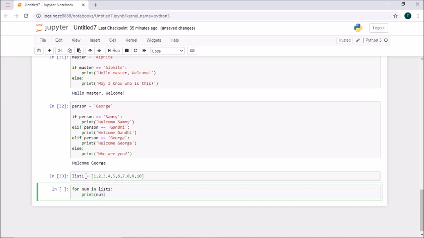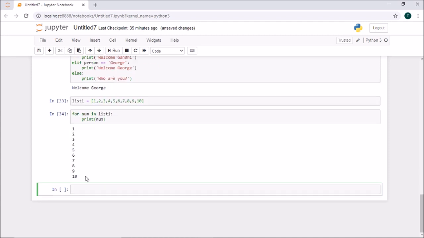If I run this, it gives one by one. It iterates the first value 1, second value 2, third value 3, 4, 5, 6, 7, 8, 9, 10. We only gave the number, we didn't give anything other than that, like do this and iterate this for every value. Instead we can give some operation to it. I'll take you to that.